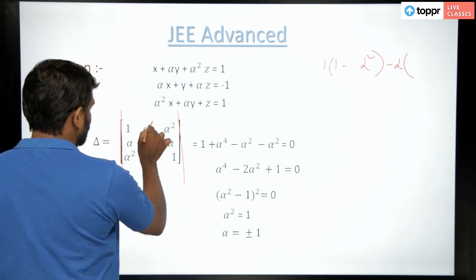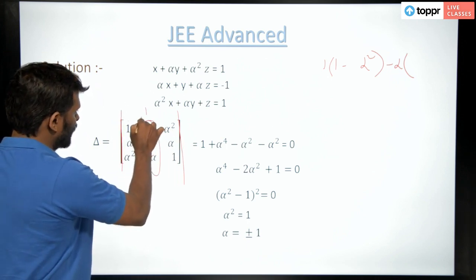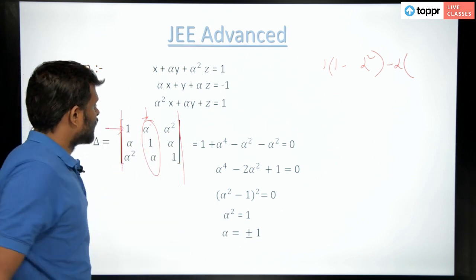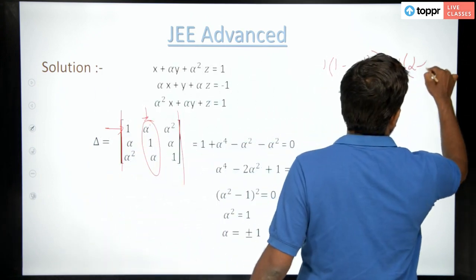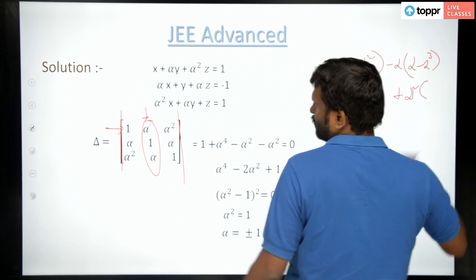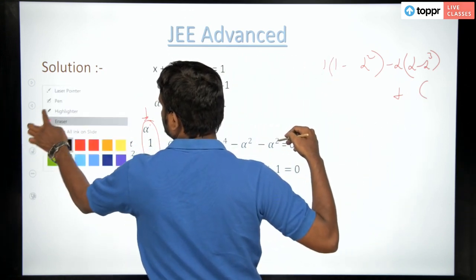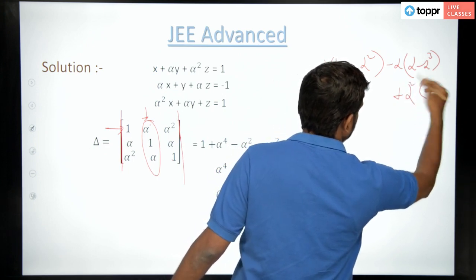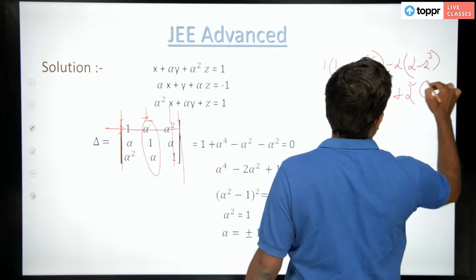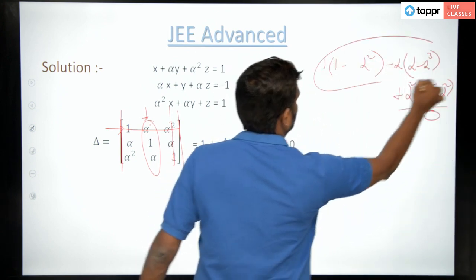And when I am talking about this value, I have removed this column and this row. Now, when I am here, I will remove this column and this row. So, what will I have? Alpha minus alpha cube, and then if I take the other one, plus alpha square. Then I have to remove this and this, then it is alpha square minus alpha square. This is anyway 0. So, if you simplify this, you come to this point,